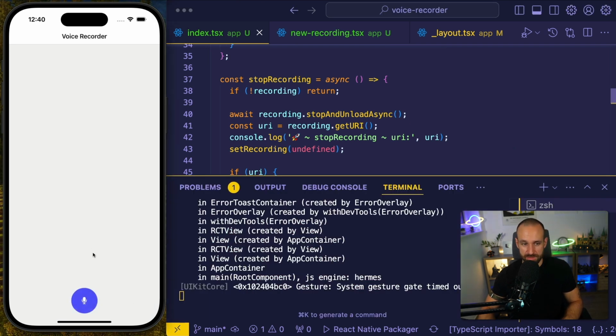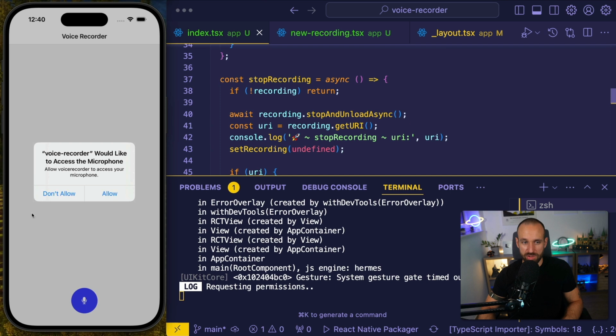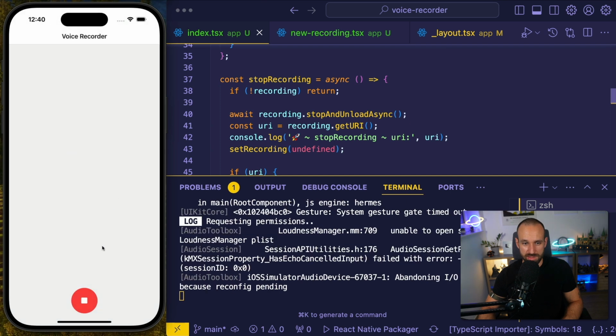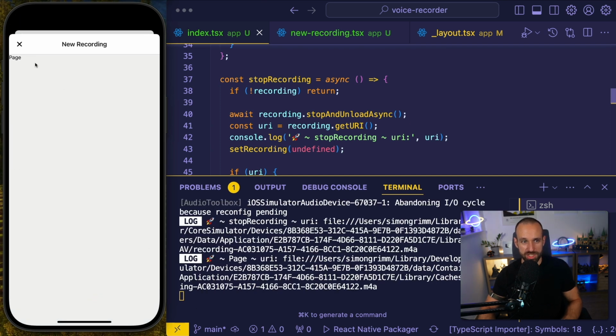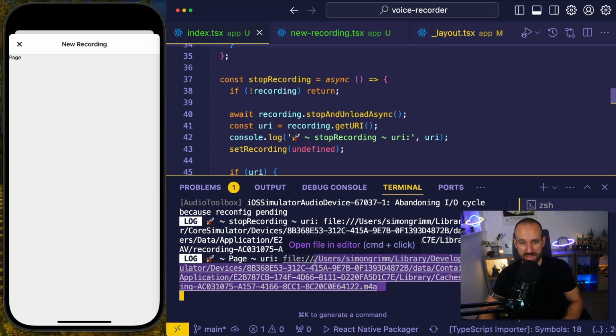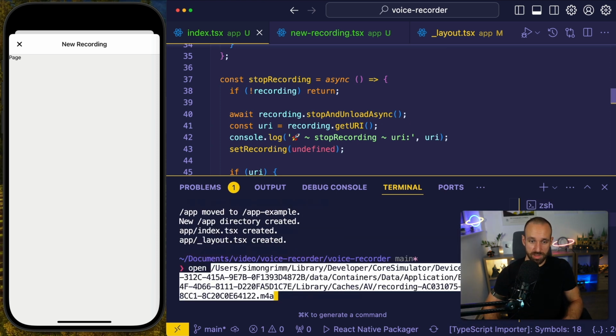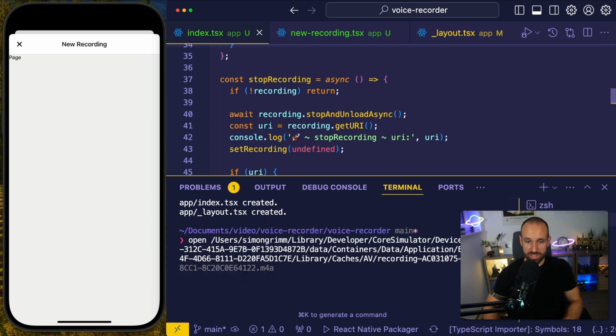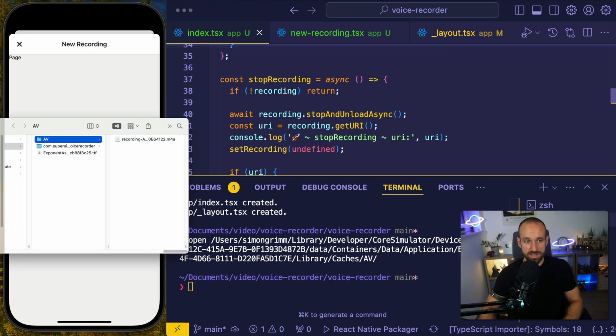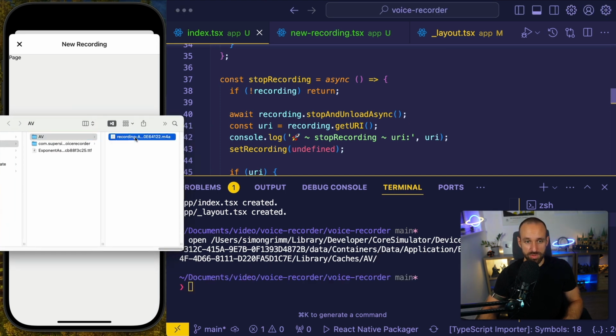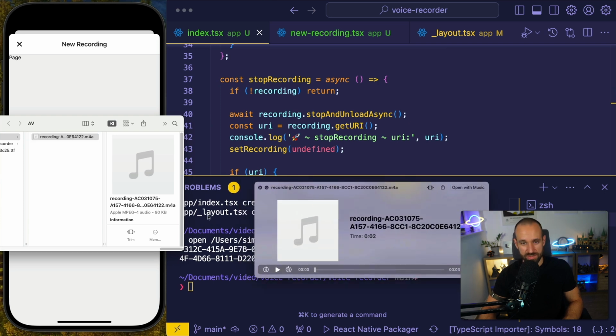Let's give it a try. Okay, I need to allow this. Yeah, the recording is starting. Okay, we finished it. And we actually have a file. So you could now go ahead and simply copy over your path and open that up. You can say open this one, or you could just open that folder. That might be a bit easier. So if I take a look here, this is my folder and there's actually the recording. So I can play this, but